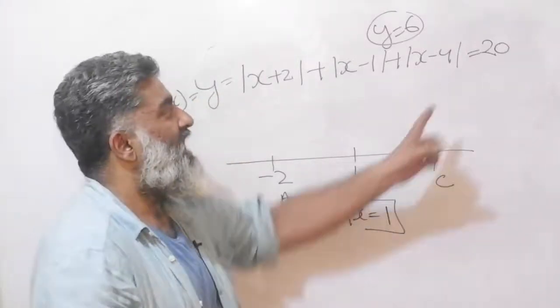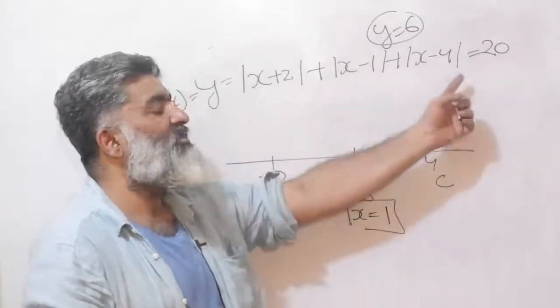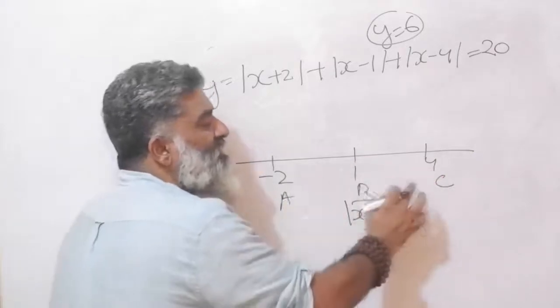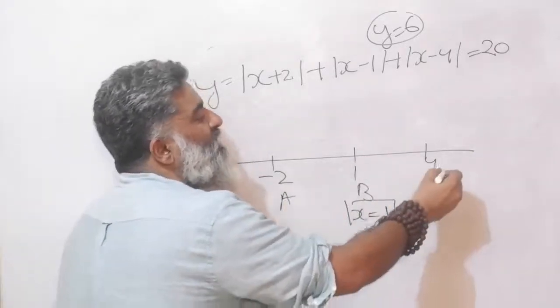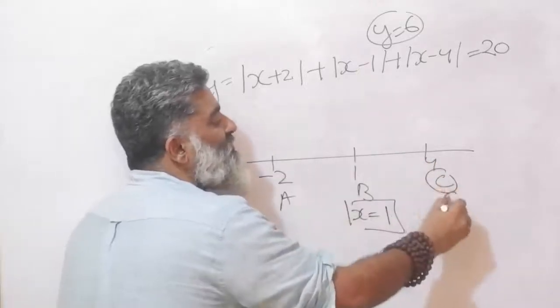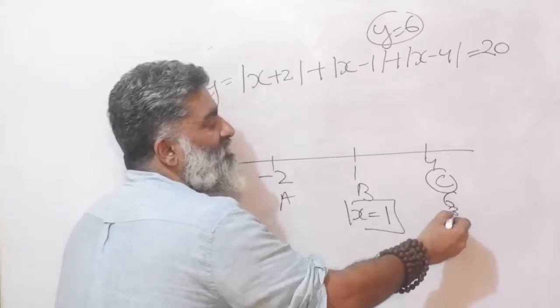So I know this. I want to figure out the value of 20, right? The total distance covered by all three of them is equal to 20. I know it is not going to be in this range. Let me check that also. If all three of them meet at C, A would have done 6 units and B would have done 3 units, a total of 9 units here, right?